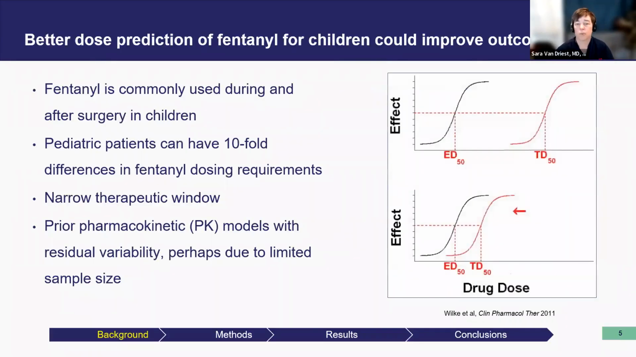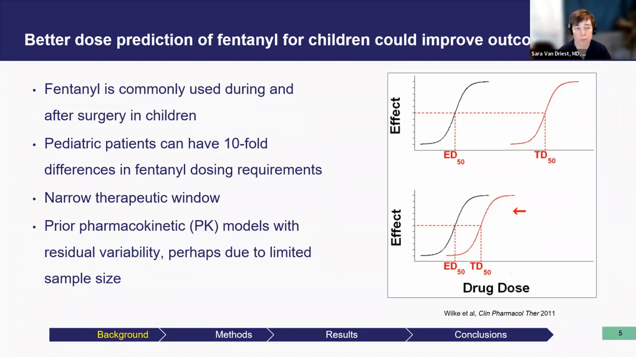The overall goal of this work is to move us towards better prediction for fentanyl in children, which could improve outcomes. We know that fentanyl is a commonly used drug that is used during and after surgery in children, many different kinds of surgery. We also know that pediatric patients can have 10-fold differences in fentanyl dosing requirements. This is a drug with a narrow therapeutic window, meaning that the difference between a therapeutic dose and a toxic